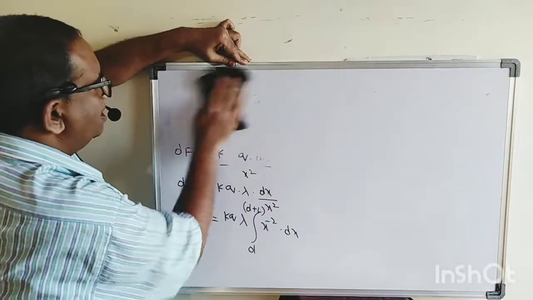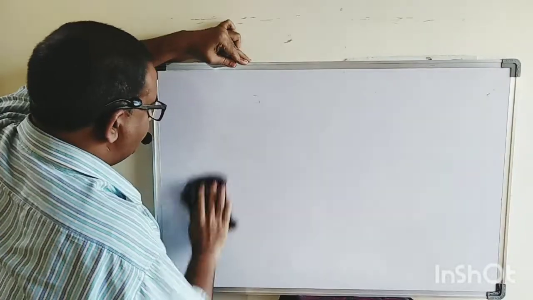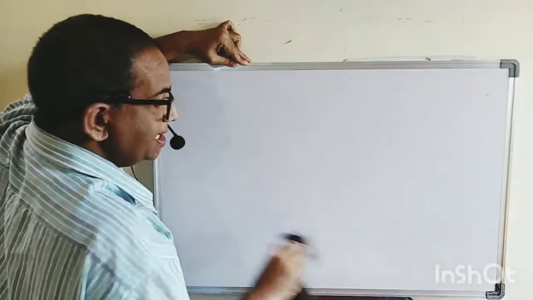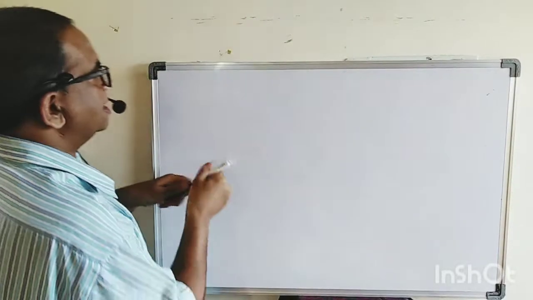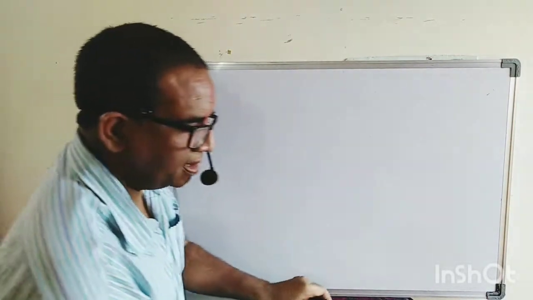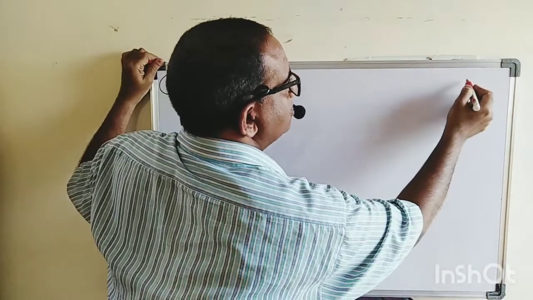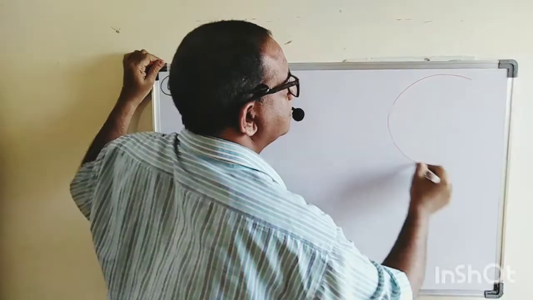Okay, see carefully here. In the 10th problem, what are we going to do? We are going to discuss one ring. In this 10th problem, what is given here? It is a very nice problem. They have given that there is one ring.